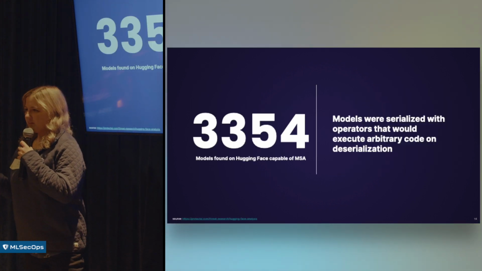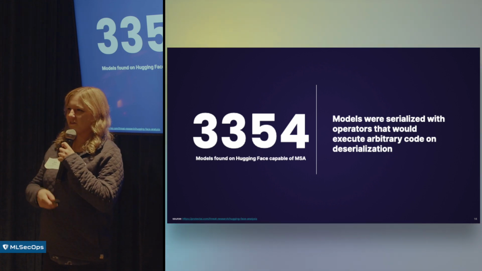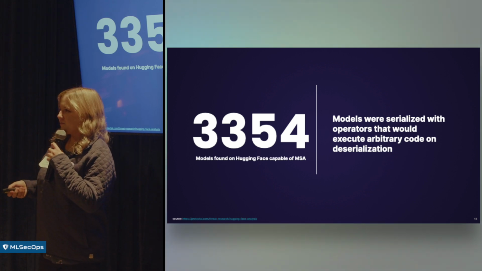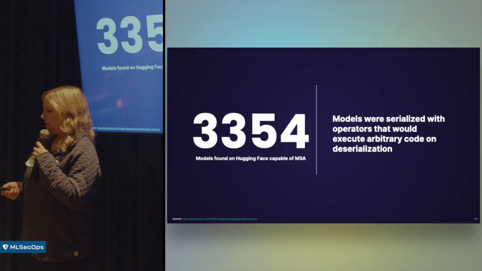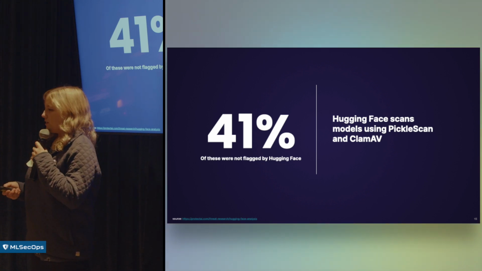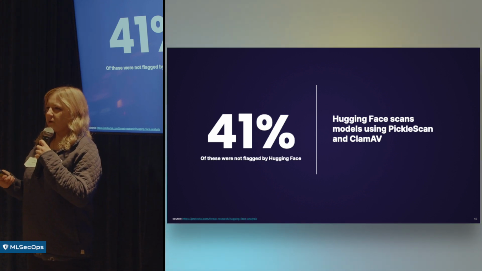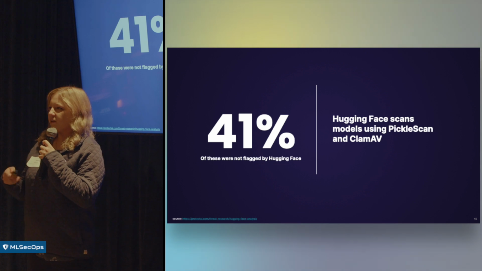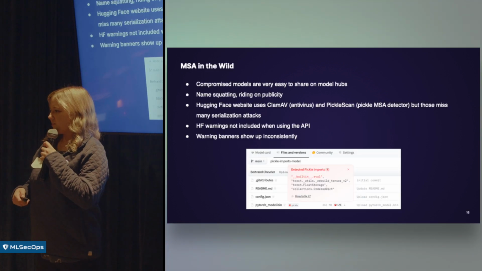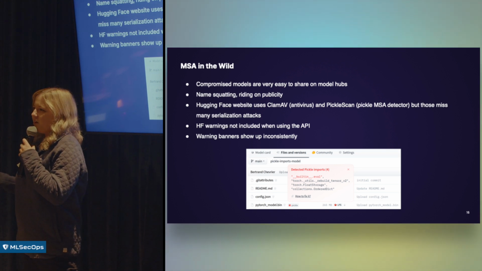So this is not solely a theoretical problem. We did a sweep of files on Hugging Face and found over 3,000 capable of these model serialization attacks. And 41% of them were not detected to be unsafe. Hugging Face does do some scanning using Pickle Scan, which is a basic model serialization attack detector, and ClamAV, but it misses a lot of them because these models are just very easy to share on these hubs due to